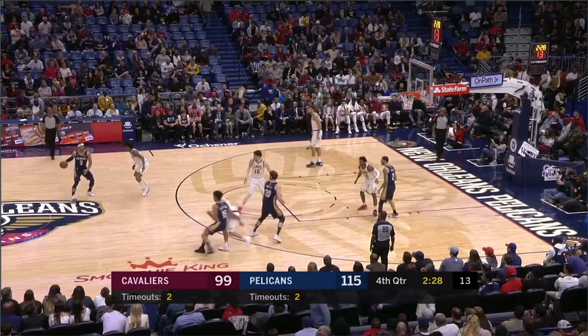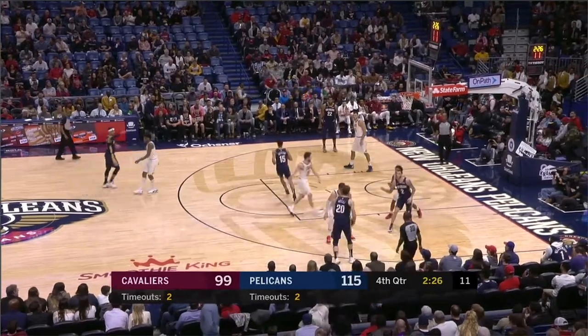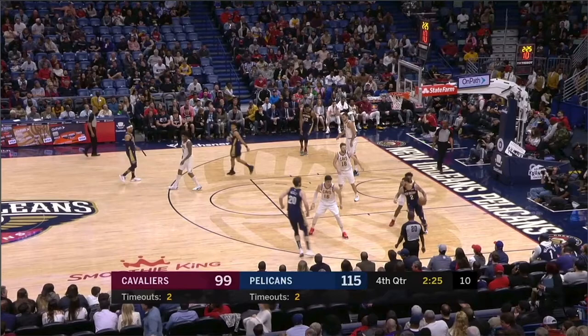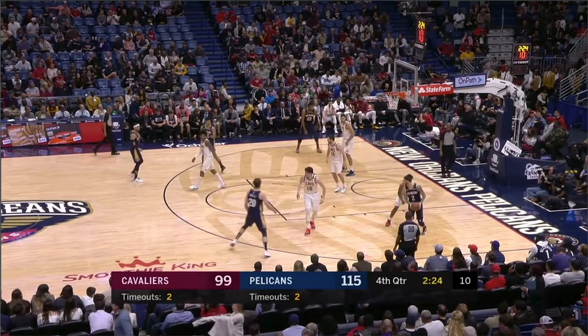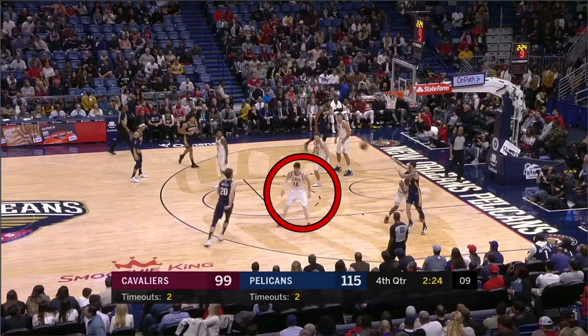All right, we're looking at a defensive clip here. So the Pelicans are going to throw the ball to Lonzo Ball in the post. Now, this player for Cleveland does a pretty good job. Look at this. Good job. He's halfway between the post and his man, okay? So if he comes this way, you're going to be able to stunt, recover back out. Lonzo Ball isn't too much of a post threat.